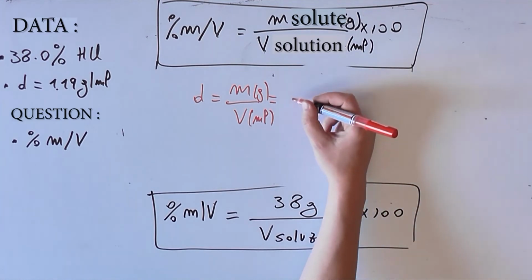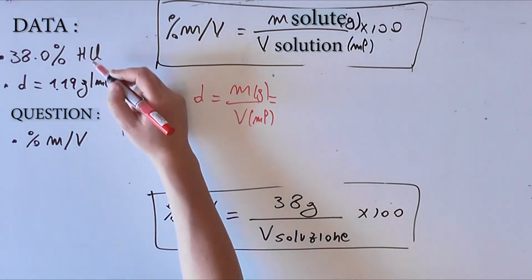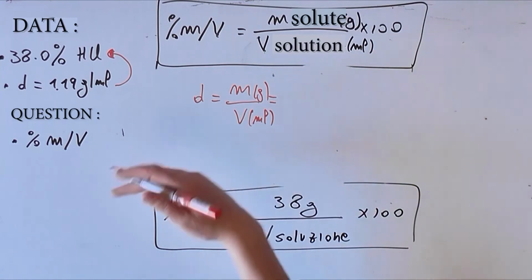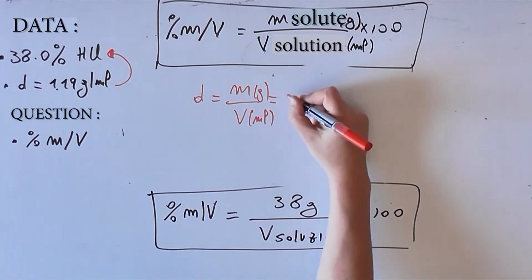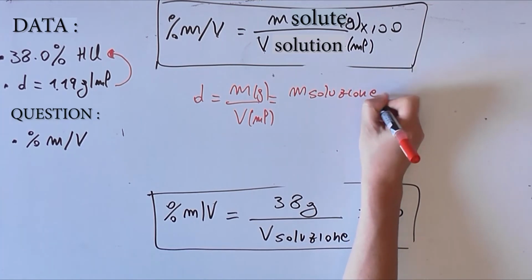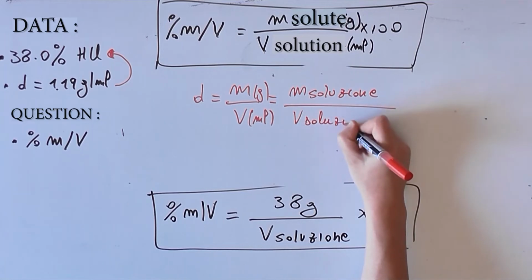Be careful, this is the density of solution, not the density of pure HCl, which is a gas, by the way. So it's the mass of solution divided by the volume of solution, and it is equal to